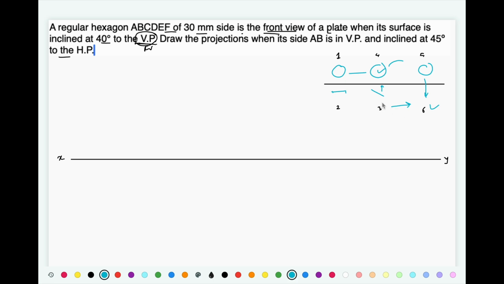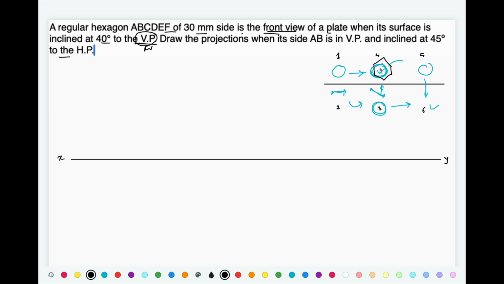Okay, now after providing some inclination in step number 3, that is the view that you have got in step number 2, that we are going to rotate. So after rotating that view and taking projections from step number 3 and step number 1, the view that you are going to get in step number 4, that view is a hexagon